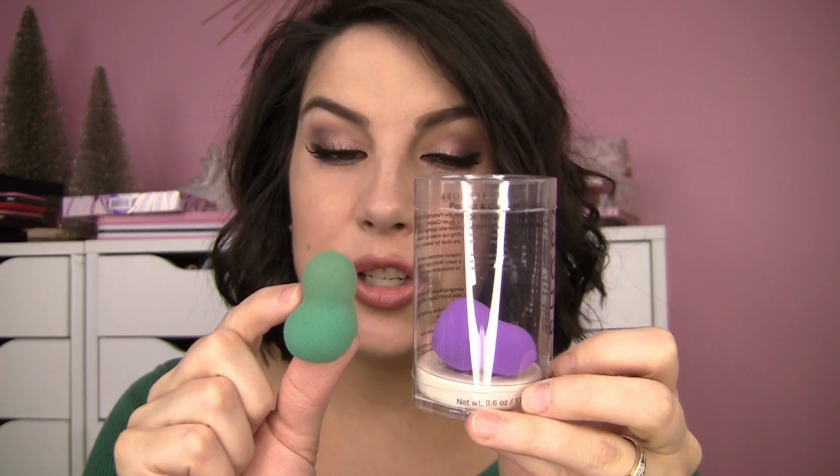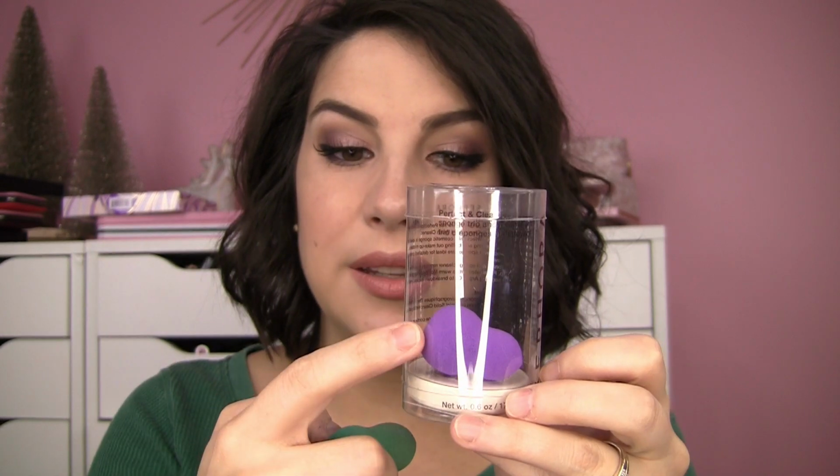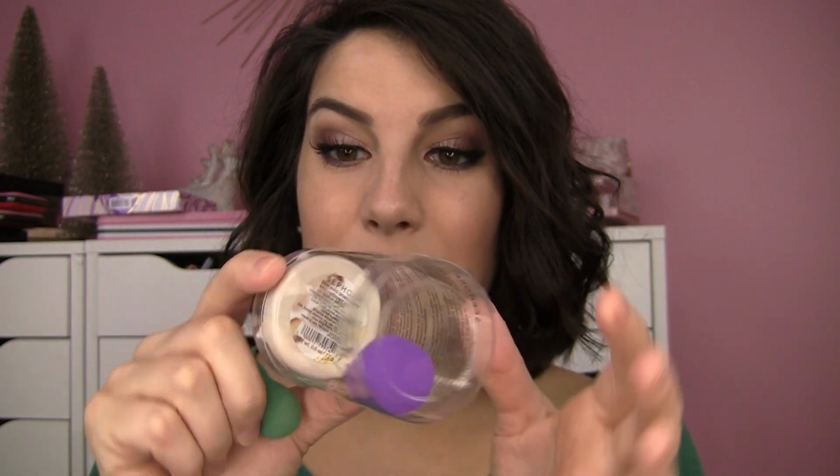Lip exfoliator that comes with the matte lip crayon thingy, and skip this $10 Tarte set, I would say. Another cool deal that I got, I can't remember if this was 10 or 15 bucks, but it's the Perfect and Cleanse Sponge Trio. You get 2 mini sponges, so this is the one I've been using, and then there's a purple one. There's a mini solid cleanser down in the bottom, which I think is awesome because I can compare that and